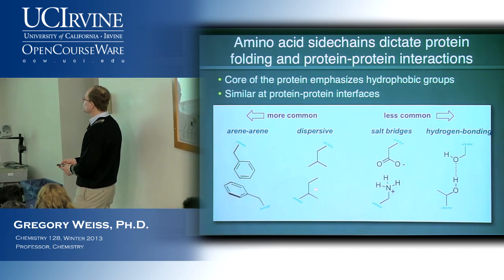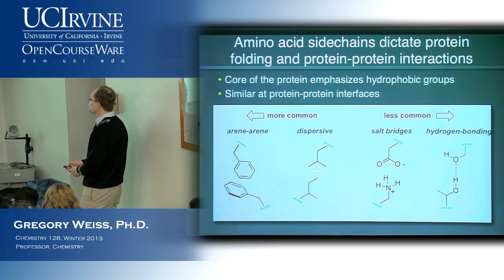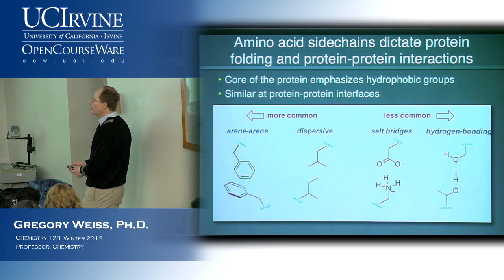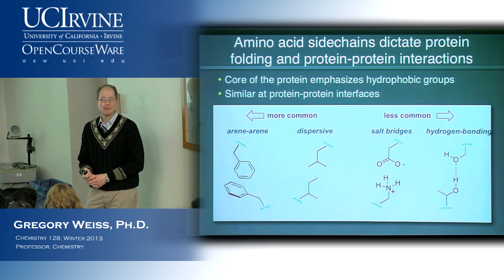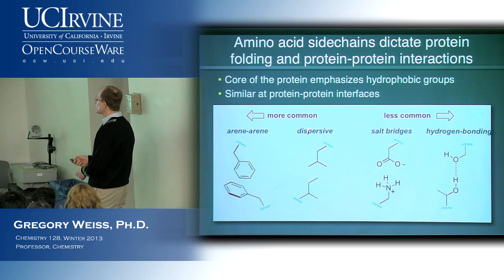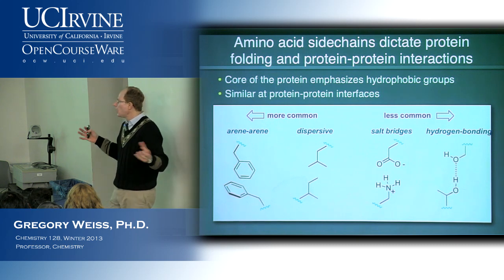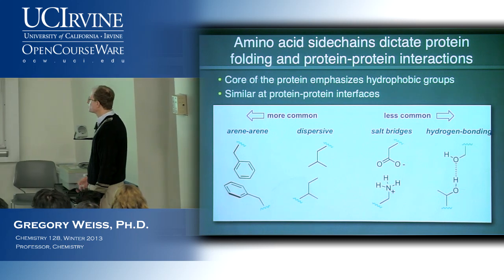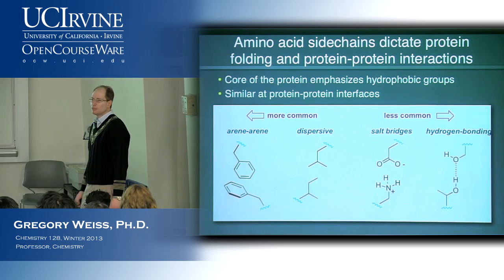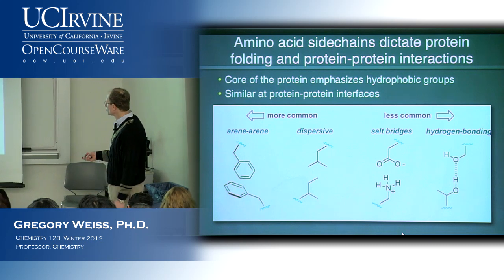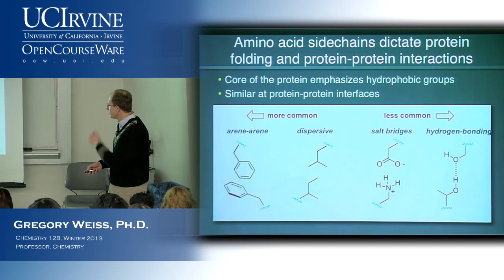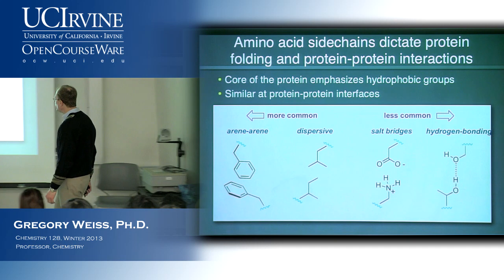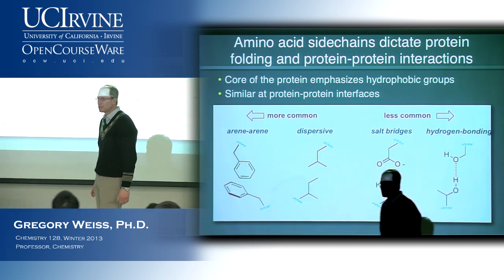Another way is through a dispersive force. This was that van der Waals interaction that I introduced to you back in chapter 2. Again, these are common because they provide a lot of binding energy, and this sort of binding energy can be used to drive protein folding. Less common, and perhaps surprisingly so, are the ones that are more predictable. You can readily predict a charge-charge interaction on, say, the surface of the protein. But it turns out these are relatively weak.